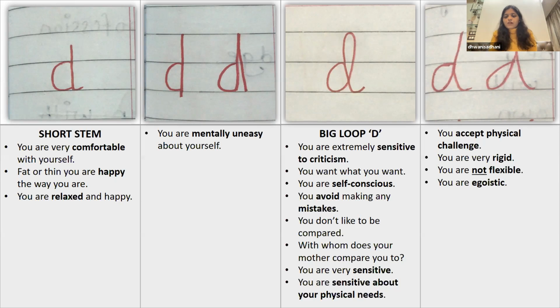So if you know of anybody who has a big loop D, you can see how their parents are. Are their parents very strict? Are they always striving for perfection? If there is a group of people sitting, do they pinpoint their child's mistake at that time? If they do all of those things, then that person will have a big loop D. These parents always compare their kid with someone else. That's the reason they get this big loop D. It's a tendency. All parents compare: you are like this, but a friend is like that, and your friend is doing that. Why are you not like that? So when parents constantly do that, you end up getting this big loop D.